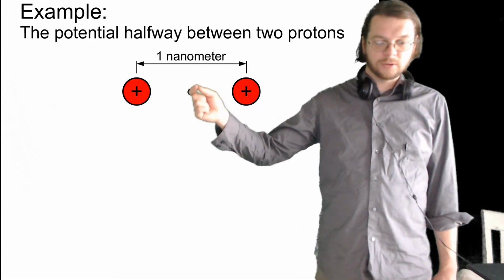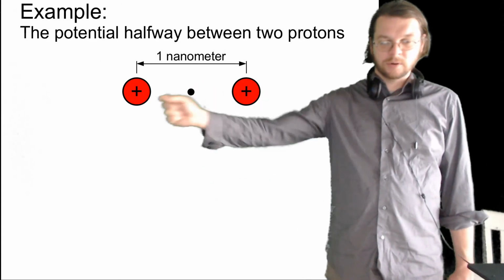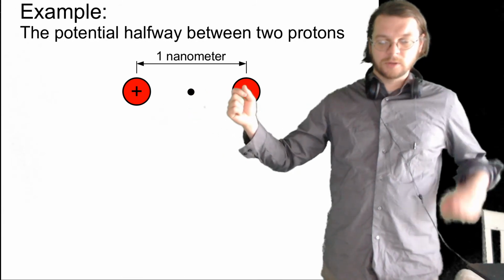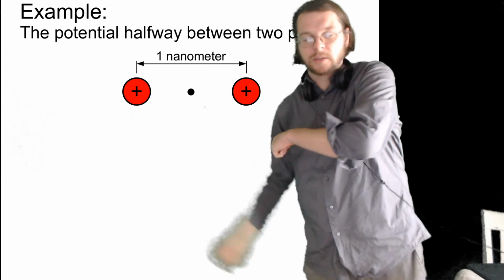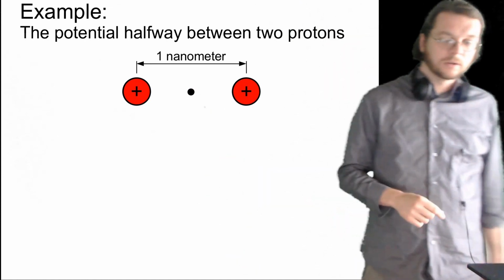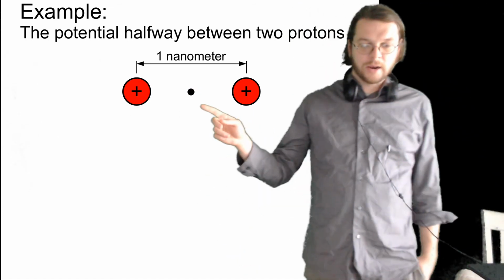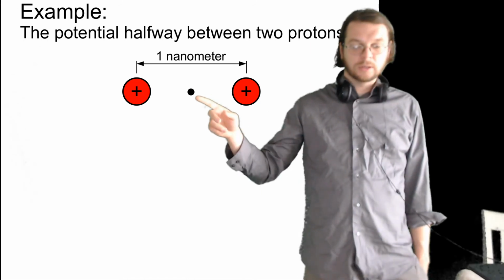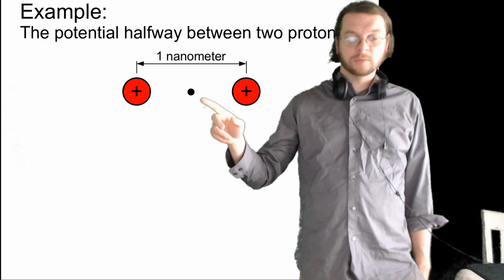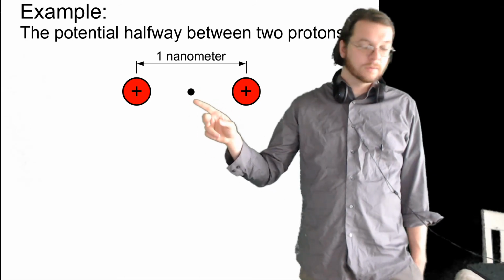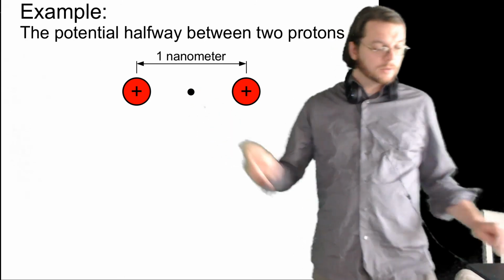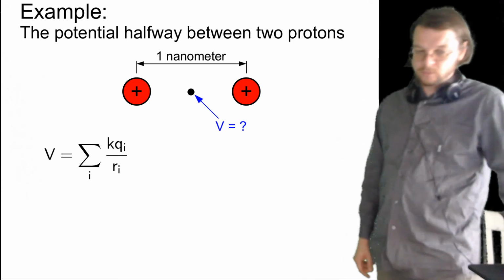If I was able to put a positive charge here, and there's a proton here and a proton here, and I held these protons fixed, but then I let this one go and let it accelerate, how much energy could I get from that? Well, to figure that out, we can try to calculate what the electric potential is, and once we have the electric potential, we can multiply it by the charge to get that potential energy. But first we've got to figure out the electric potential, and so to do that, we can use our formula for what